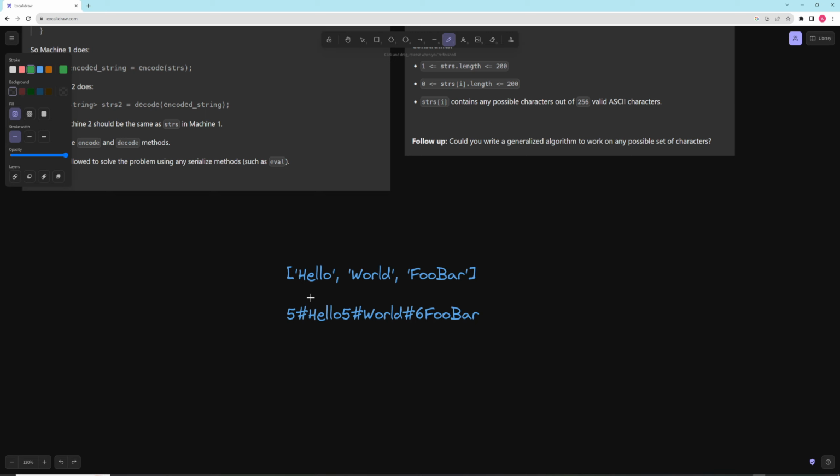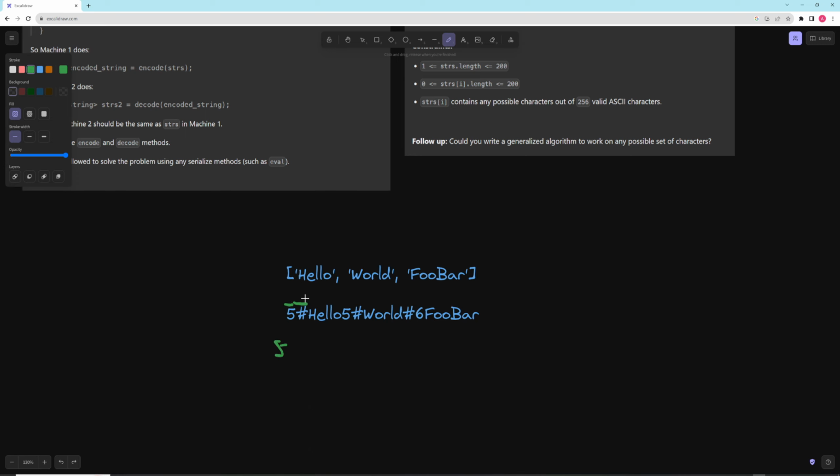We're going to go number by number. We only have a 5 here. Now we hit a prefix. And then we know everything before the prefix, or not the prefix, the pound sign, is the length of the word. So we're going to take whatever string this is before the pound sign. That's going to be the length of the word that comes after. So this is 5. So we know after this pound sign, 5 letters are the word. So we're going to take 5 letters, and then we know after these 5 letters,